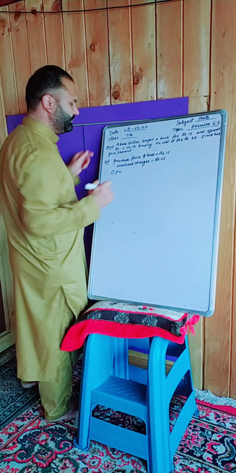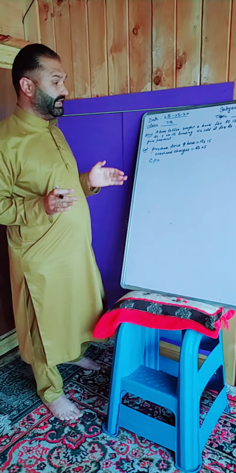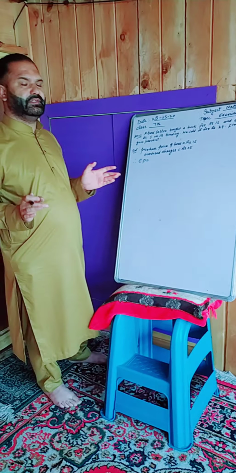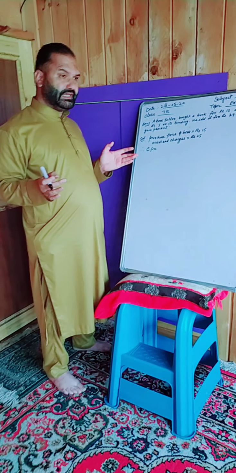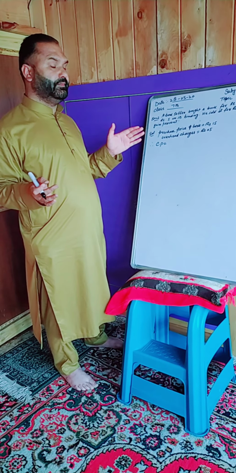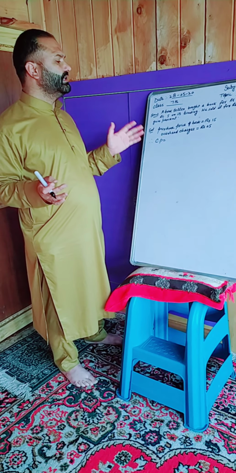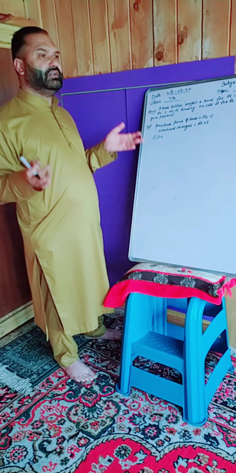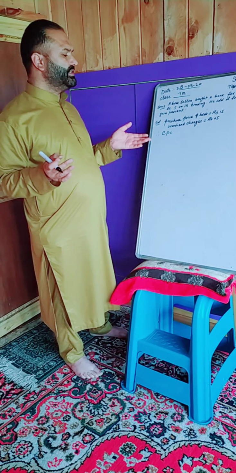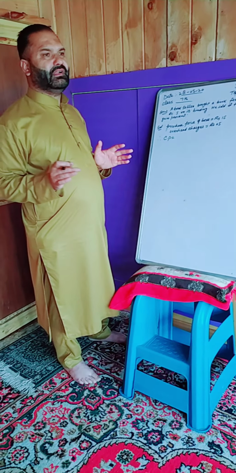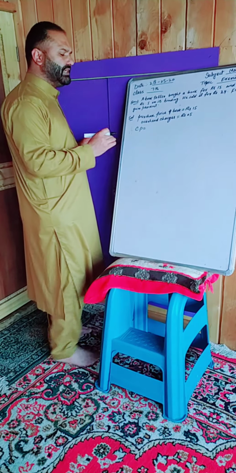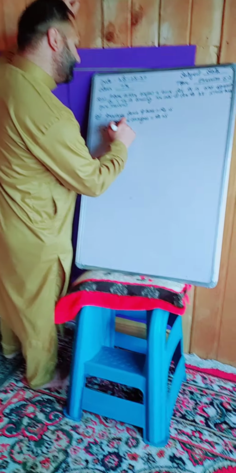Dear students, I have already told you how we find percentage. What is CP? CP is the cost price. So how is cost price calculated? Cost price means how much we paid for the purchase and how much extra, such as transport charges or overhead charges. That is called the cost price, which includes the total cost. So here cost price CP is equal to